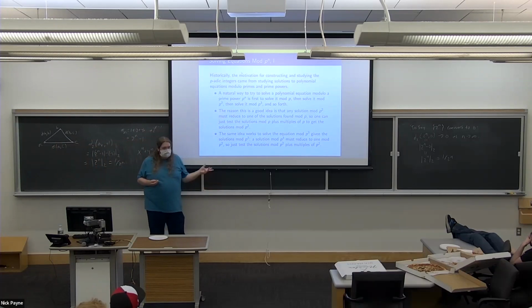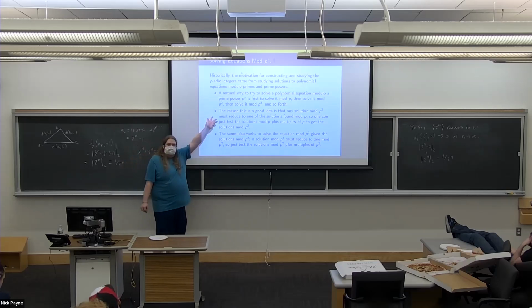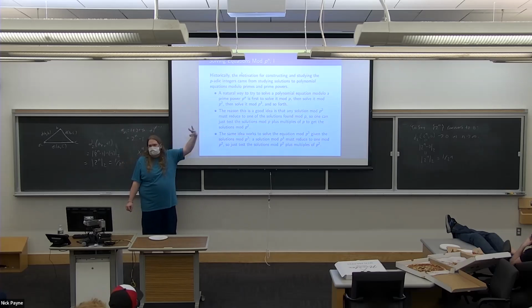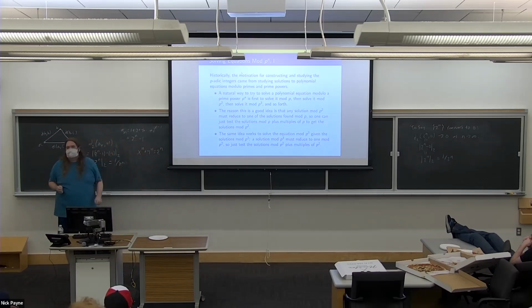Okay. So in particular, one specific class of equations like this is trying to find the roots of a polynomial mod p. And there's a very standard way to do this, which is first you solve it mod p, and then you try to solve it mod p squared using the information mod p. And then you try to lift the solutions mod p squared to solutions mod p cubed. And you just keep trying to climb up this ladder. The idea is, if you can compute the solutions mod p to the n for some big power, like if I know the solutions to my equation mod 2 to the 1 millionth, it's a little aggressive, but that gives me a pretty good idea of what it might look like. So in addition to doing different primes, you can climb up the ladder with a single prime as well, and try to do both of those at once.